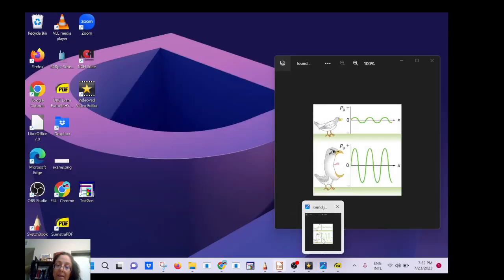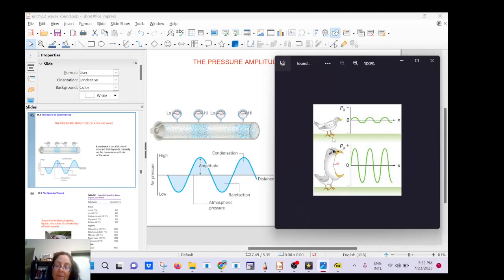So for example, here, I found this picture very cute. So you see the sound is not very loud, and you're not going to go very much above or below the atmospheric pressure. So you have a small amplitude. If the sound is very loud, the pressure will be large relative to the atmospheric pressure. Okay, so the amplitude